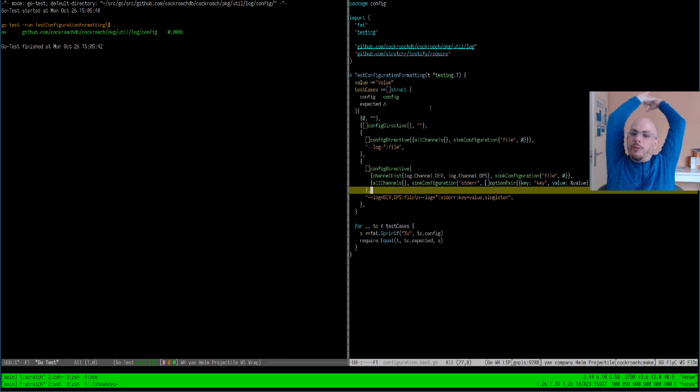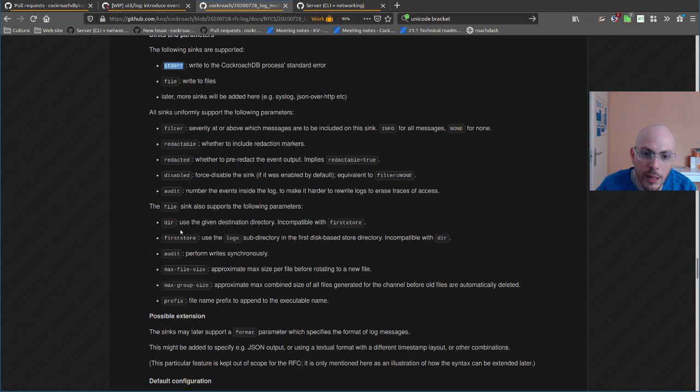Now, I said about the configuration of the things that maybe we wanted to have different configuration formats for different sink types. What does the document have to say about this? So all the sinks uniformly support the following parameters. So we have some structure, and then the file sink specifically has additional parameters. And maybe that's good. Maybe that's nice. I like this. The thing though, is that if I do this, I will need to write a lot of code to print out those things.